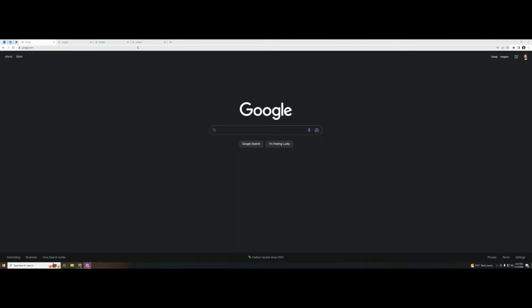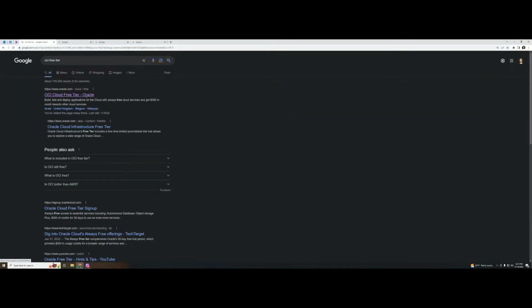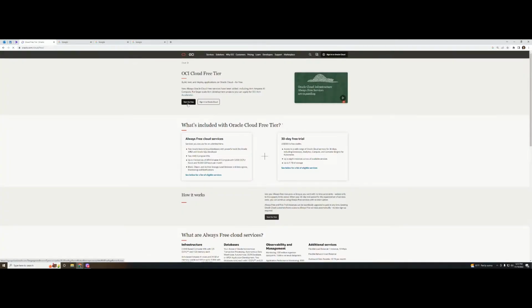The first thing that we want to go ahead and do is go to Google and type in OCI free tier account into the Google search bar. Click on the first link, click on the black button that says start for free,